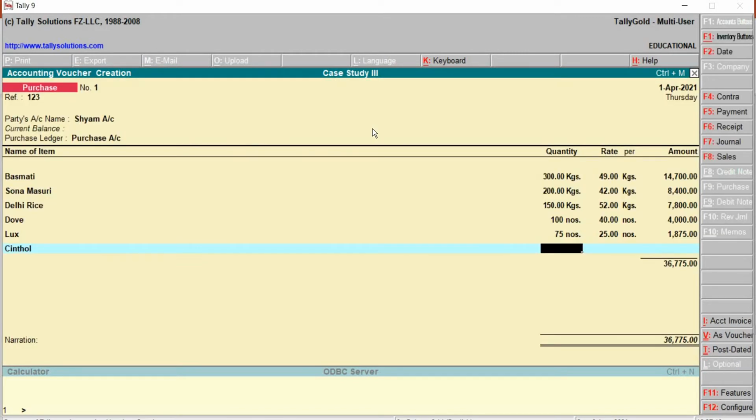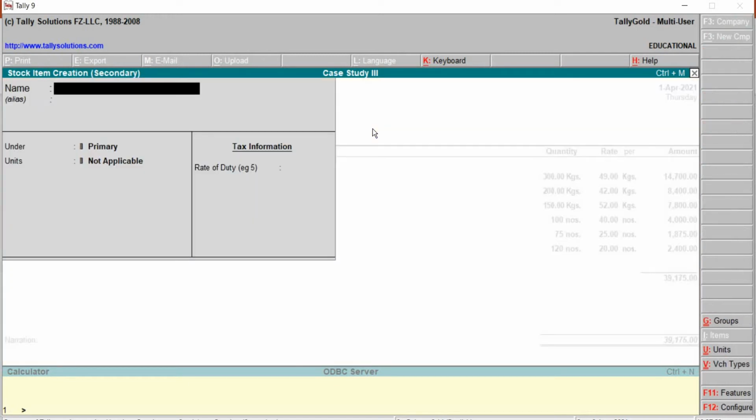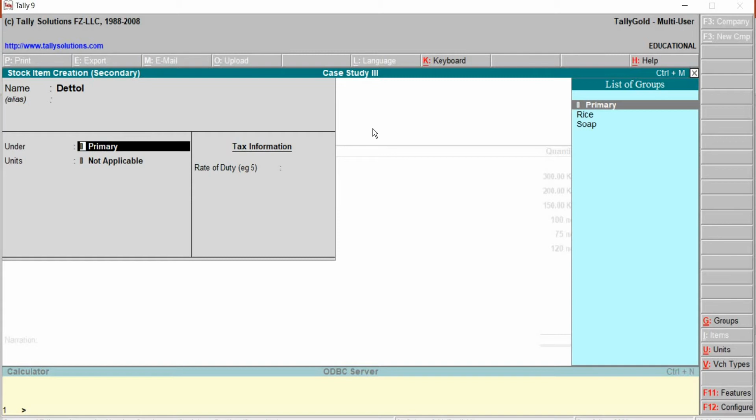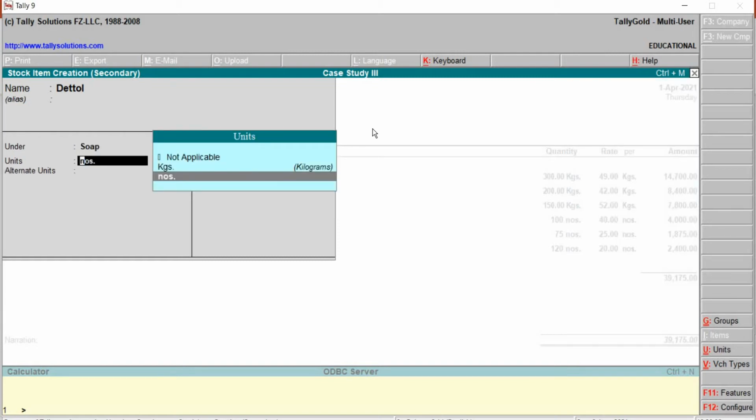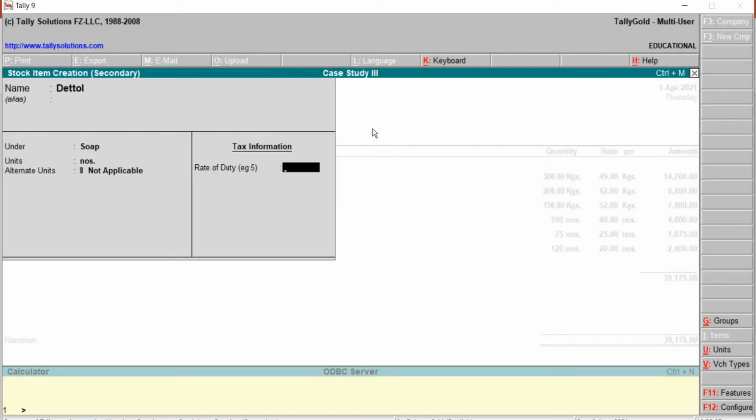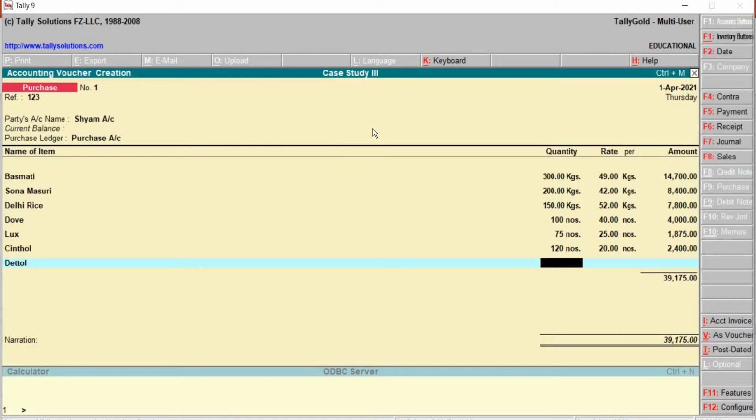Save. Quantity is 120. Rate is 20 rupees. Alt C to create. Next one, Dettol. Numbers, not applicable. Save. Quantity is 50. Rate is 22.